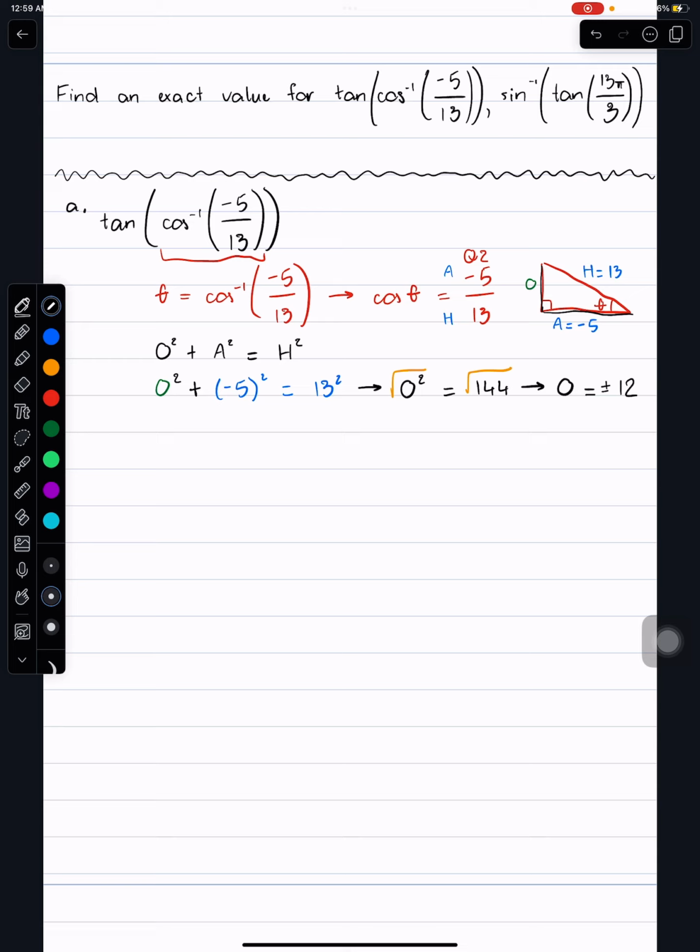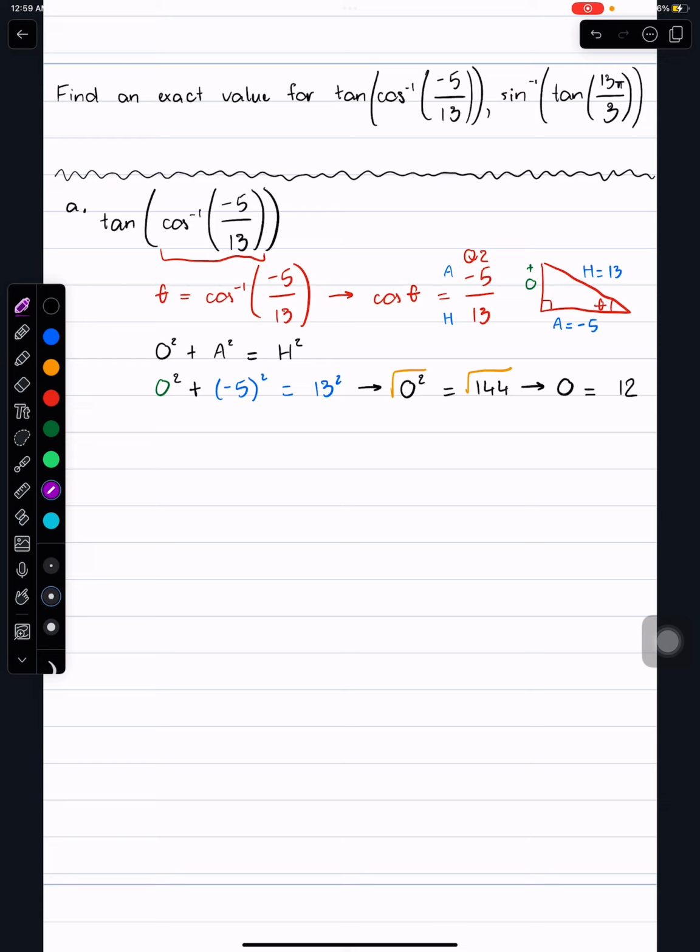So the opposite in here should have a positive value. Let me get rid of the notes, and then you can just erase the two options and stick with the positive option. Getting back to the question,